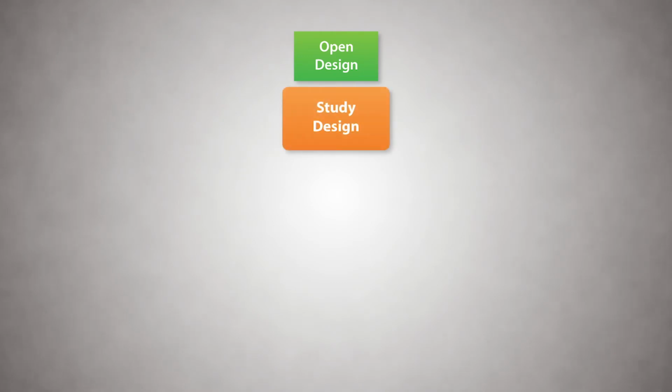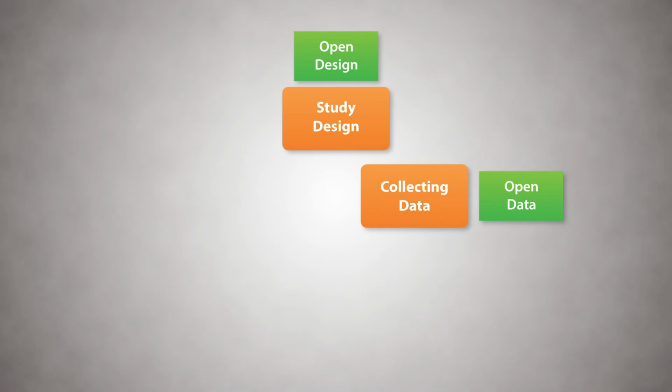The first part of open education science is open design. This means pre-registering studies so that methods and plans are published before studies get started. Through pre-registration and registered reports, research consumers can see what a researcher planned a priori and what they modified after looking at data. The second is open data, finding new ways of making qualitative and quantitative data available to colleagues for reproduction, replication, and new studies.